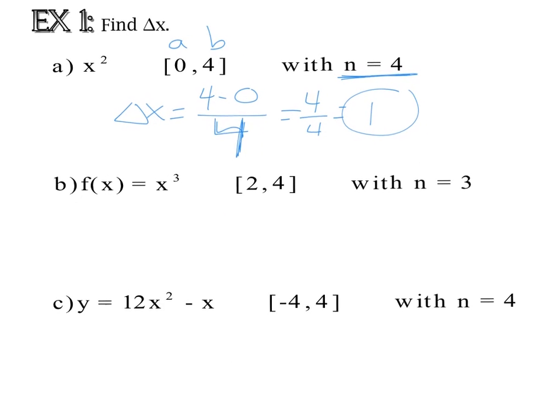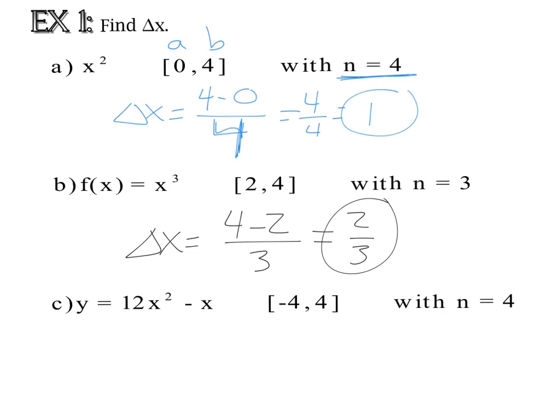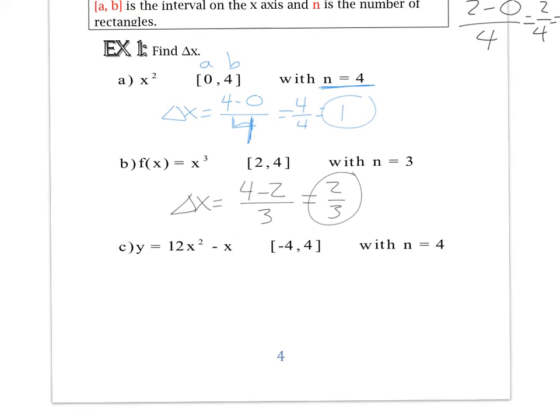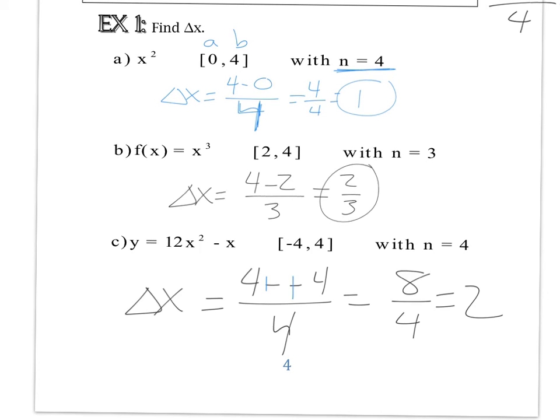Let's do the next one. So it's going to be 4 minus 2 over n. The n here is 3. So the delta x is 4 minus 2 over 3, so that's 2 over 3. That's it. That's your delta x. I think you should be able to find the delta x for this last problem. Go ahead and give it a try, and then check back in just a second and see if you did it correct. All right, the b here is 4, and the a is -4, so 4 minus -4, that's a